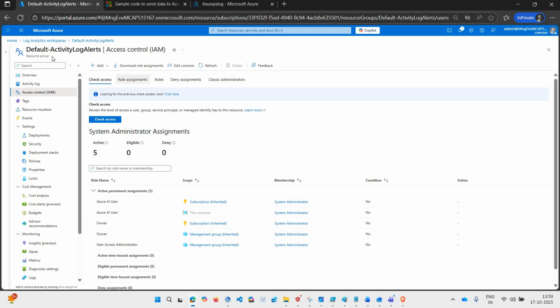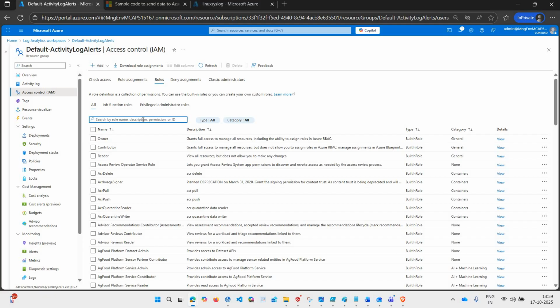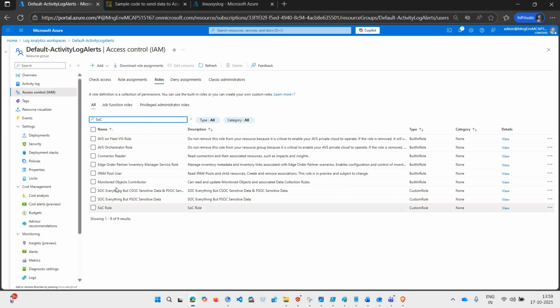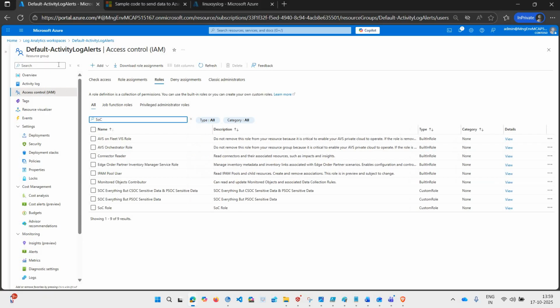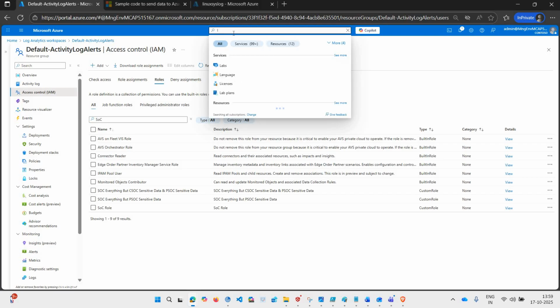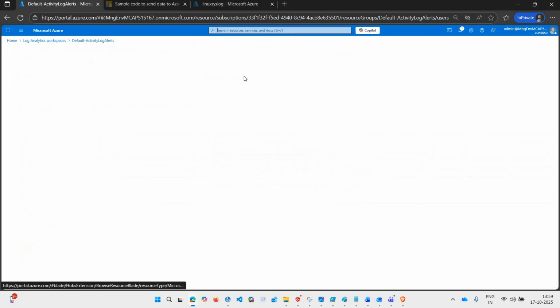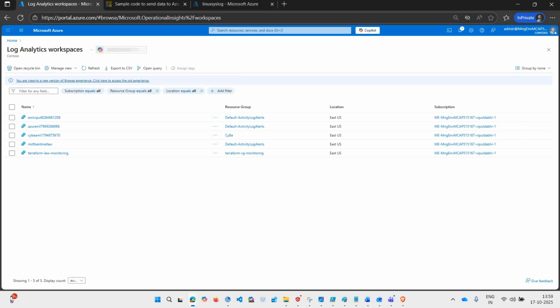For example, I've just defined the role, which is this SOC everything but CSOC. I think I need to refresh it possibly. This is the one which I have recently defined. But now you have to navigate to the Log Analytics workspace. Just get to the Log Analytics workspace, and here under IAM,